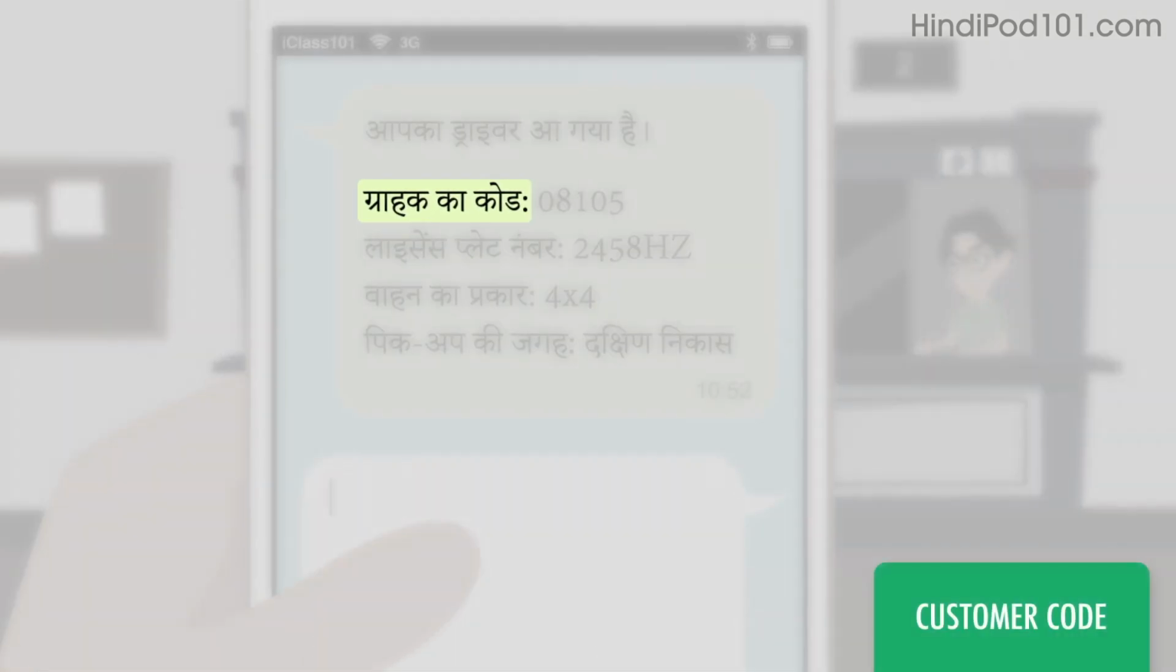The number in the text message refers to the customer code. ग्राहक का कोड,